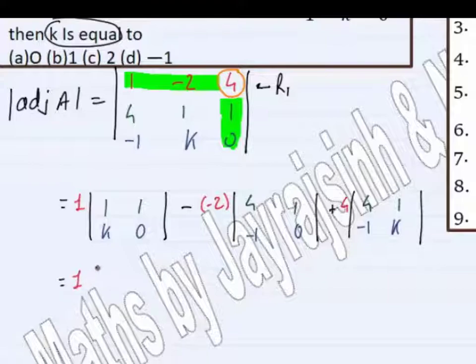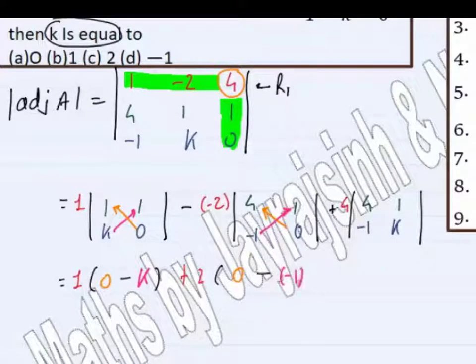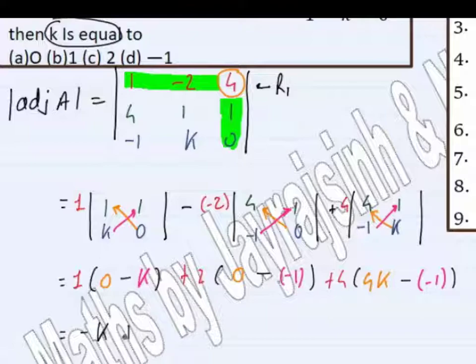Simplify it. 0 1s are 0, then minus K, and minus minus become plus 2. Here 0 4s are 0, minus 1 1s are minus 1, and plus 4 will be as it is. Here we'll get 4K minus 1. So we can further simplify it to minus K, then plus 2, plus 16K and plus 4, which is your